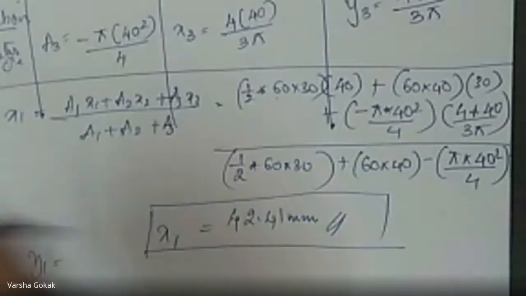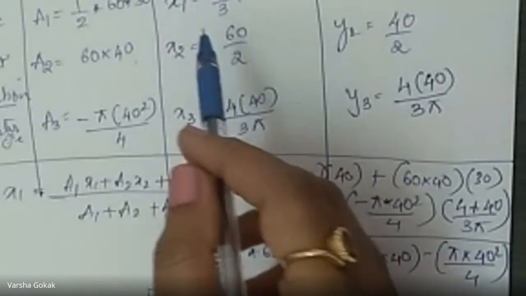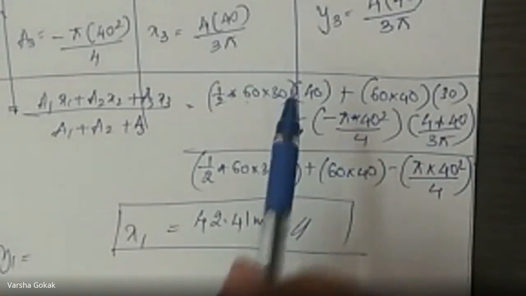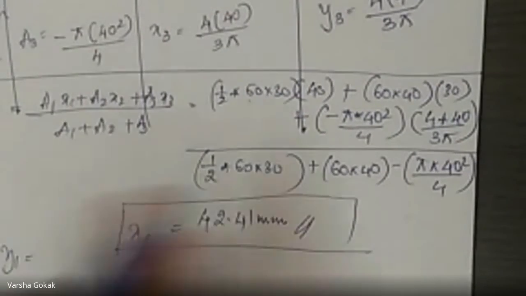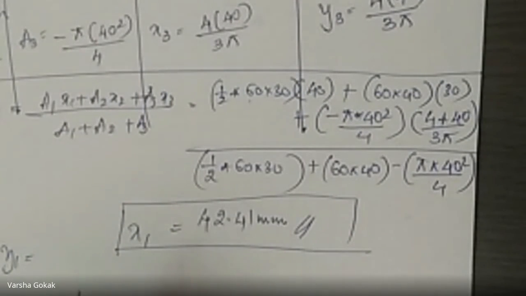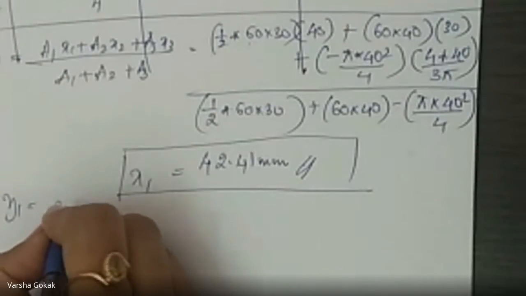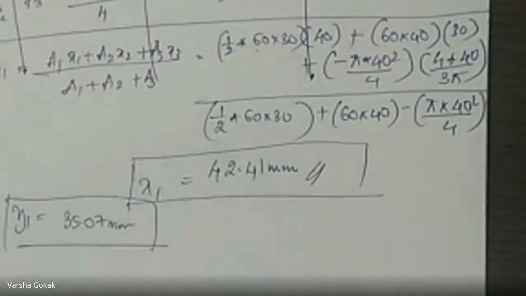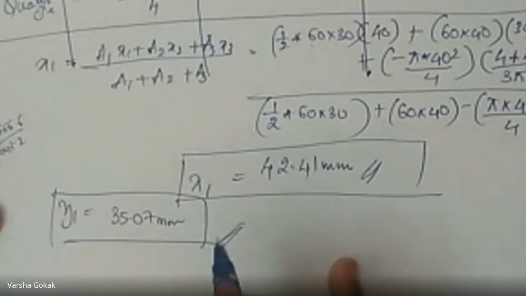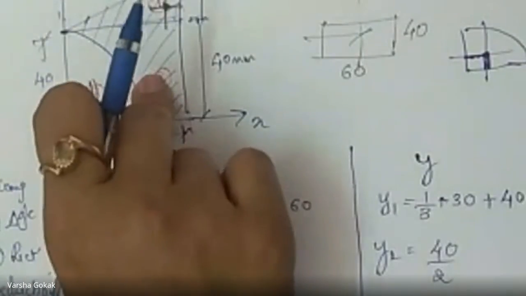If you are feeling substitution is easy, formulas are nice, everything is nice, you will definitely go wrong over here if you do not practice. So please see that if you're not answering here, at least at home you're doing this. Use a calculator, it is not easy. Y1 is 35.07, correct, Deepa? 35.07 mm. Right, absolutely right. So these are your x1 and y1 for this shaded area.